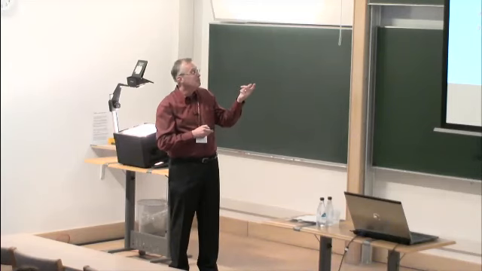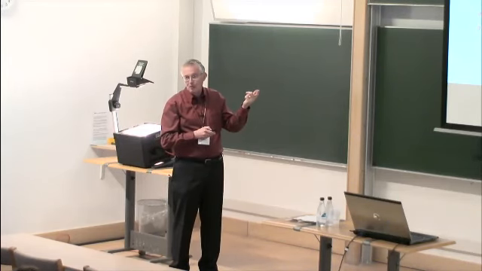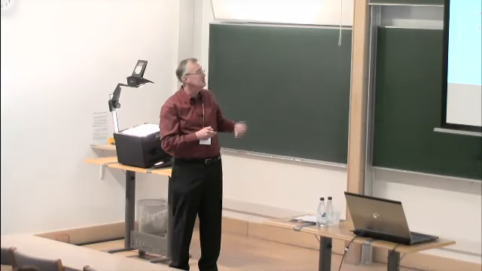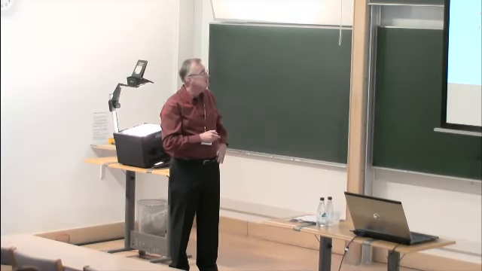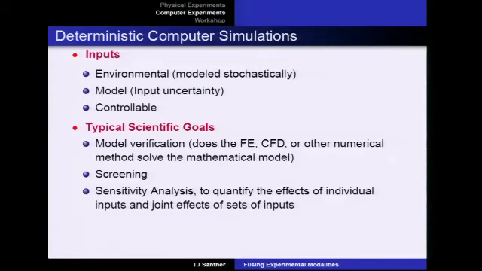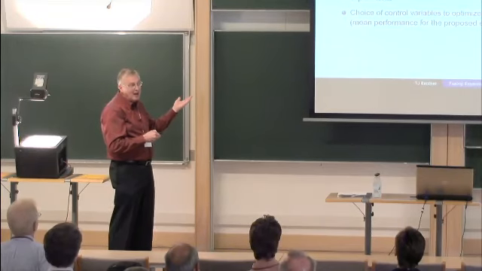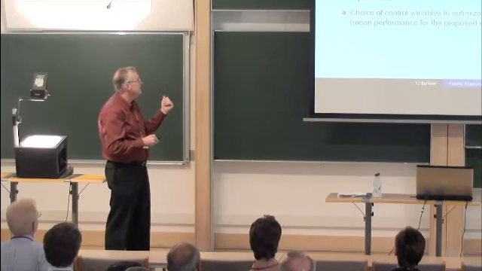There's always some skepticism in the use of a deterministic computer model. Does it represent reality in what sense? What are the biases? How do you measure the biases and whatnot? The issues of screening are the same as those in physical models or stochastic simulations, and so is sensitivity analysis. And how you couple the output from a physical experiment and a deterministic computer experiment is of great interest. And we'll hear about this in the case of stochastic simulation experiments. I've never seen anybody combine data from all three kinds of experimental modalities, though.